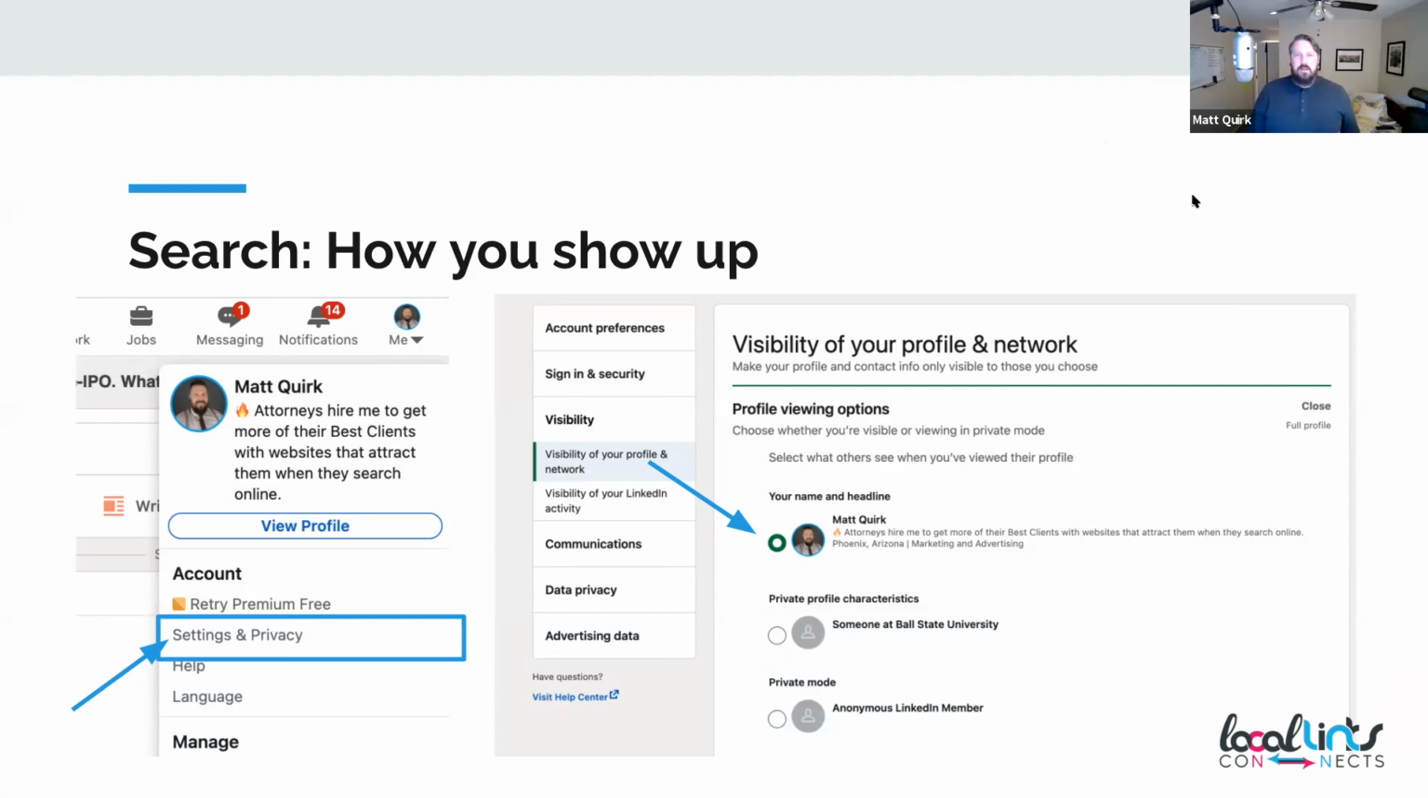when you get a notification of people who are viewing your profile, you might see some that have a name, and you might see some that look like someone at Ball State University, for example, or anonymous LinkedIn user. Even if you're paying, you still don't get access to all of that information unless the profile viewing options